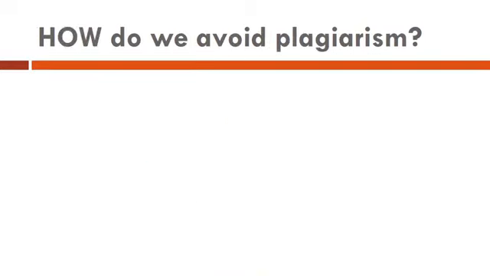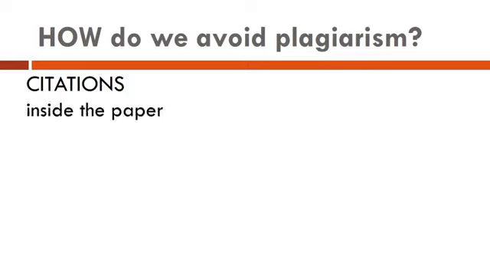So how do we avoid plagiarism? There are a few things that you are responsible for. One of those things is called citations. Citations are little notes inside of your paper, inside parentheses, that tell us who the original author is. You must use an in-text citation every time you summarize, every time you paraphrase, and every time you quote. How to do a proper in-text citation and the definitions of summarizing, paraphrasing, and quoting are included in videos that you can access off our website.